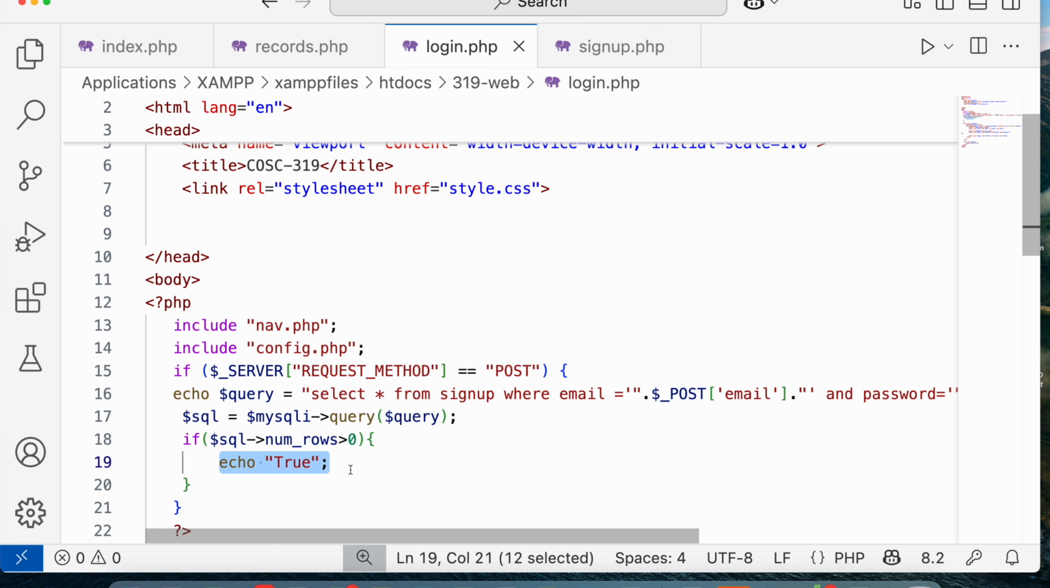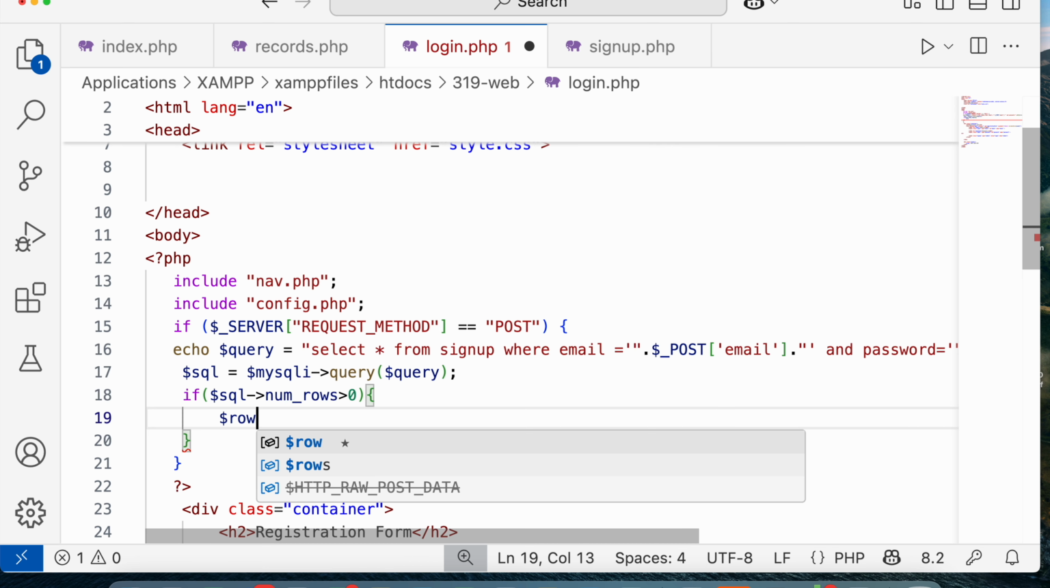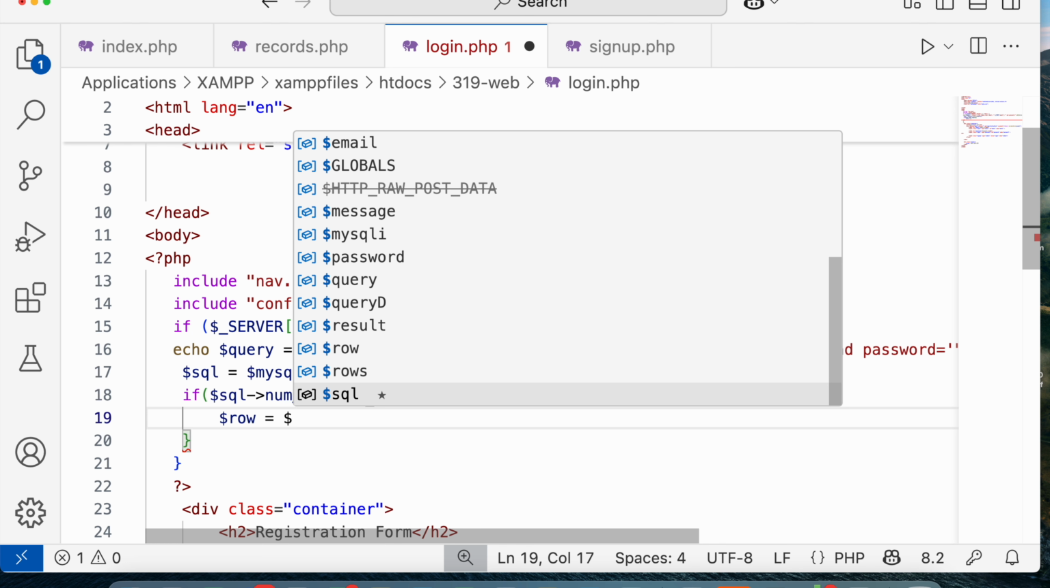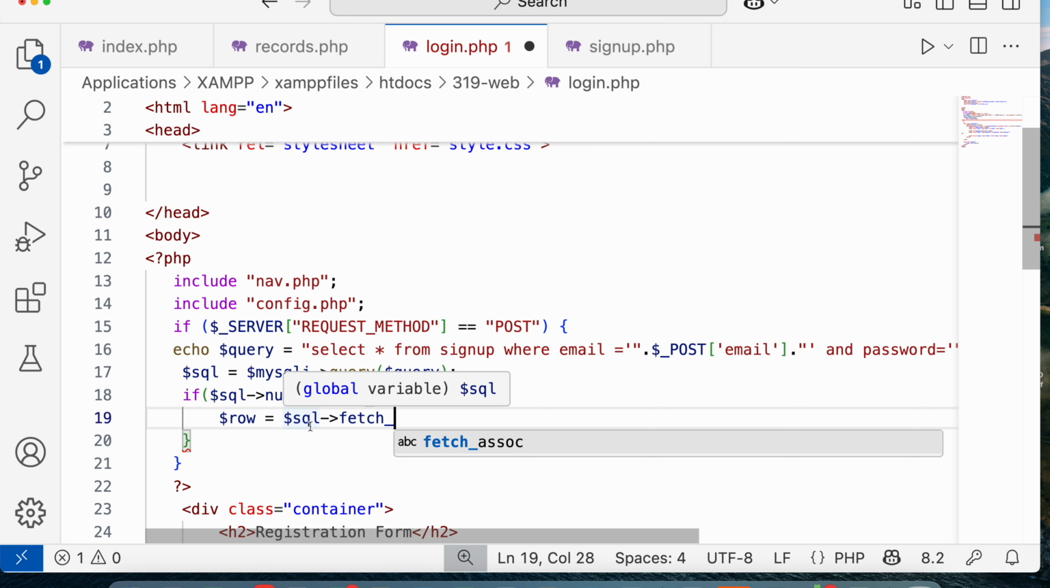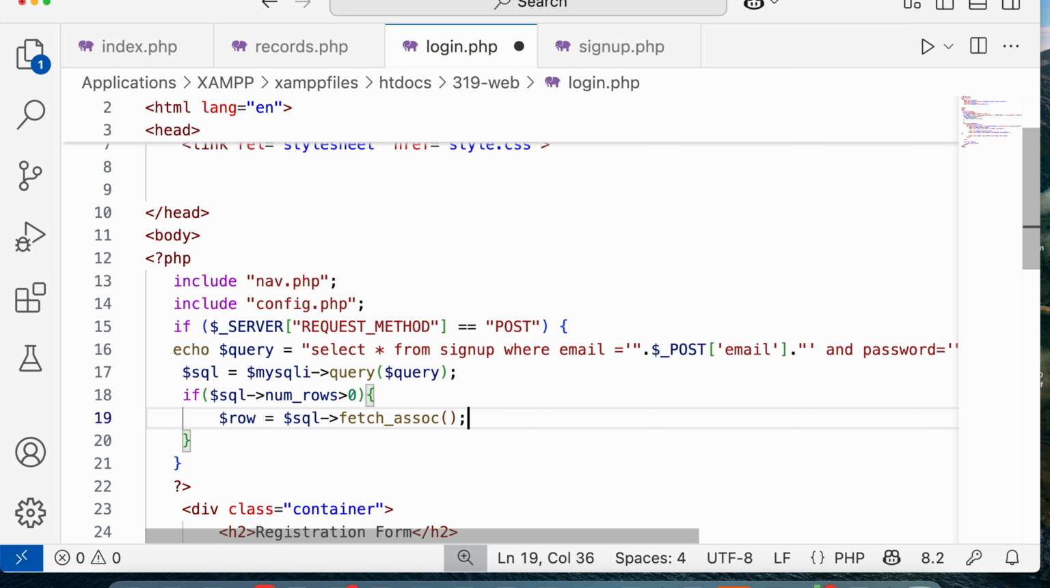If we get the records, then I'm going to declare a variable row, and I'm going to get a full row, and I will access that full row and assign it to this $row variable because I need to make a session. Okay, and I'm going to say